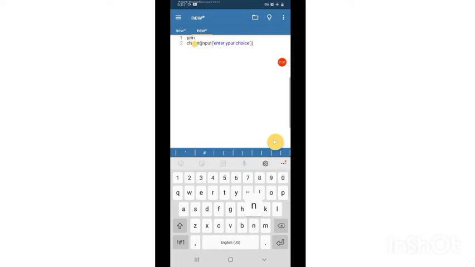So inside the print we can write single quotes 1 simple interest, then print in single quotes 2 is compound interest.